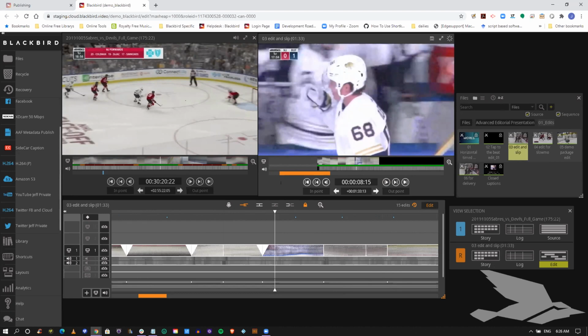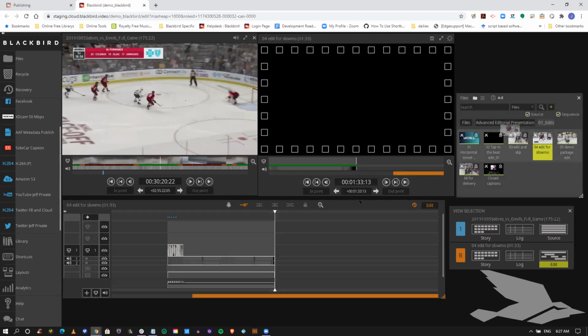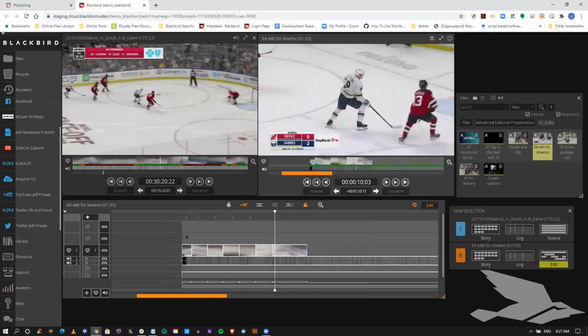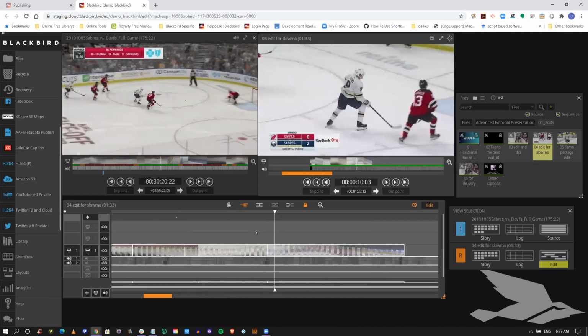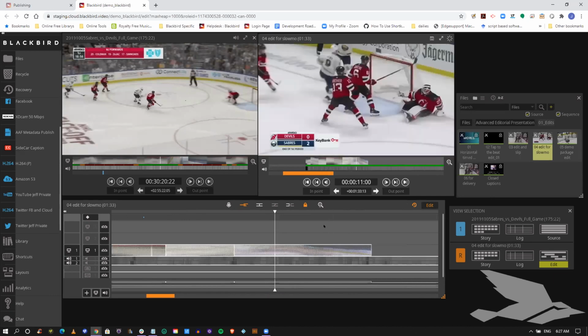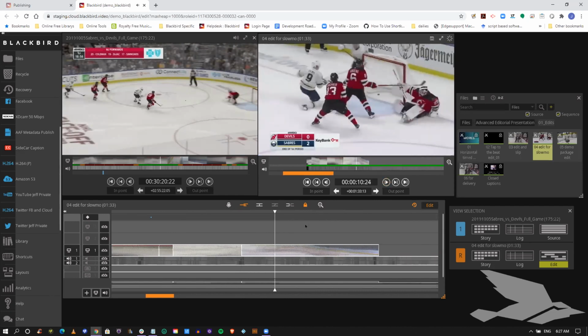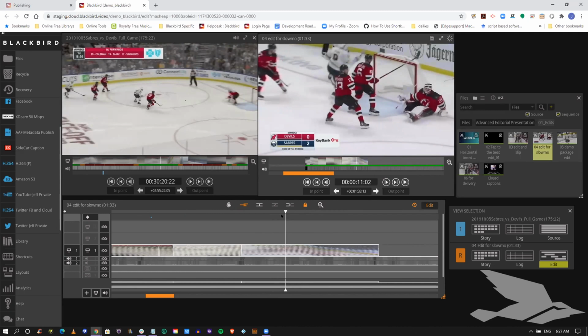Now let's continue on. I'm going to clear this monitor out, and I'm going to just load up another sequence here. And let's take a little look and focus on the very last shot over here. So what you'll notice is all these shots are actually full motion. In this case, I'm in North America, so this is at 29.97 frames per second. But what we may want to do is do motion effects to the shot. Now, we don't have to do it to the source. We can attack it